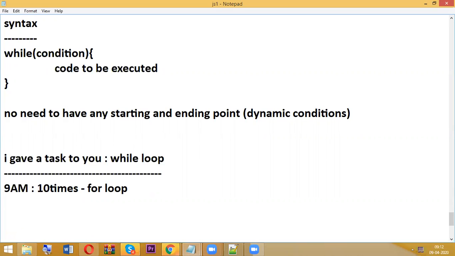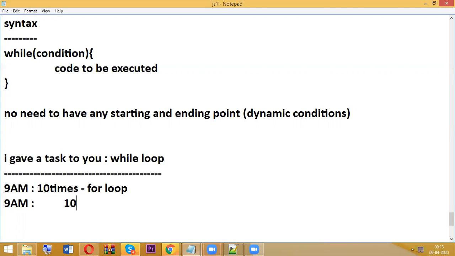Next, regarding while loop, a general example. I gave a task to you to write the while loop syntax and program. I did not mention how many times. I just said write.